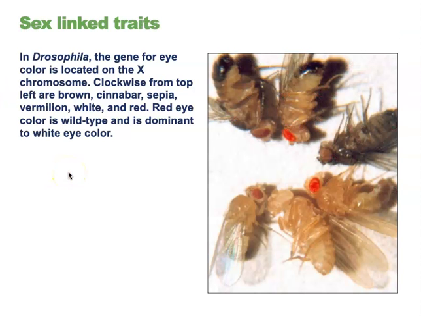Now, another way to think about how traits can be seen is that in this case, we could link something to the X chromosome or the Y chromosome. And if you take a look at the eyes inside our Drosophila here, you can see that patterning system. Look, there's a number of legs, and there are the wings, and there are the eyes, and there's the head. But notice some of these guys have brown or red or white eyes. Let's go through clockwise from the top. You have brown, cinnabar, sepia, vermilion, white, and red. So these are all the distinct